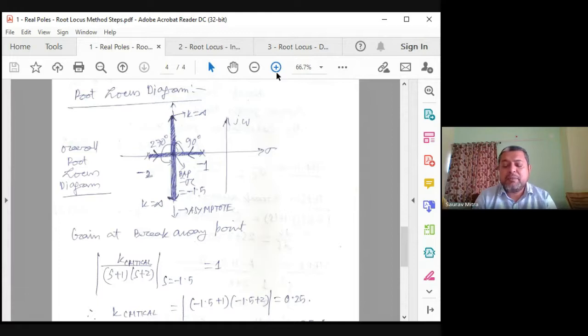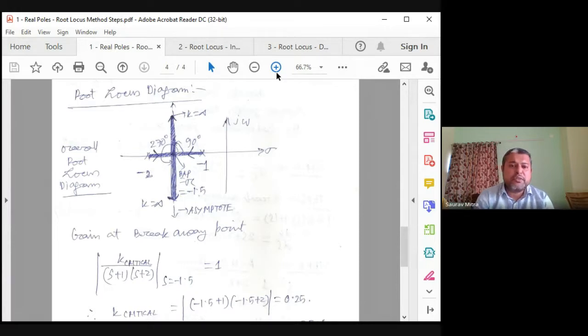You can say that k can have a minimum value of 0 and a maximum of infinity. That means for any value of k, the last term at s0 has a positive coefficient. So all the elements in the first column of the Routh-Hurwitz table are positive, the same sign. There is no sign change. That means this system, given by k divided by s plus 1, s plus 2, is an absolutely stable system. What is meant by absolutely stable? For any value of k from 0 to infinity, this system is not going to be unstable. That means the root locus will never cross or even touch the j omega axis.